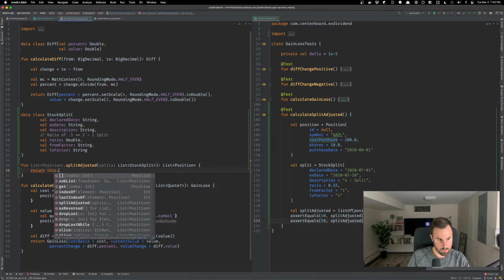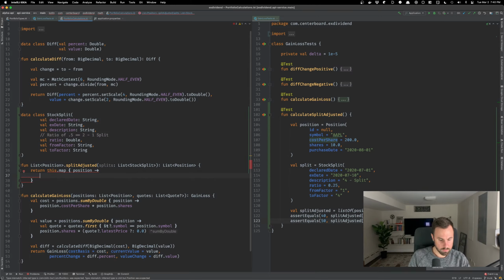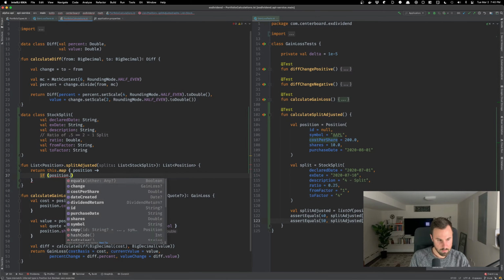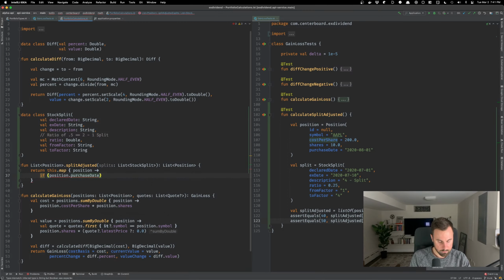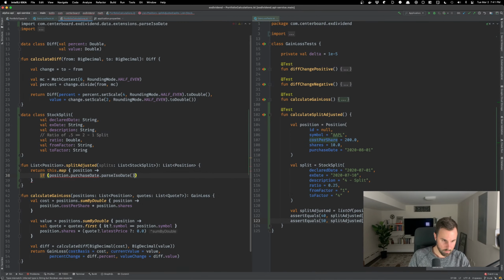We need to basically go over each position. And we need to say if the position's purchase date is before,